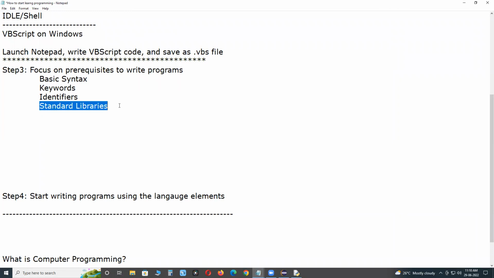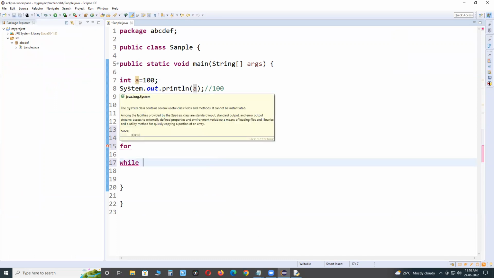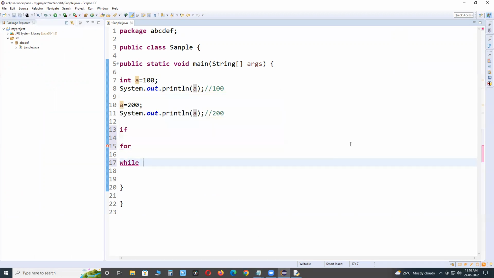Every implementation of the language should provide these components. This set of reusable components is what we call a standard library. For example, here System is there. It is from the lang package. System is a predefined library.